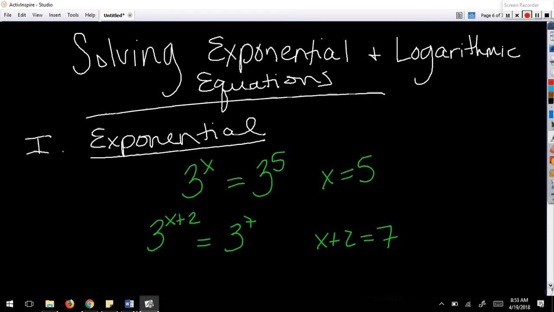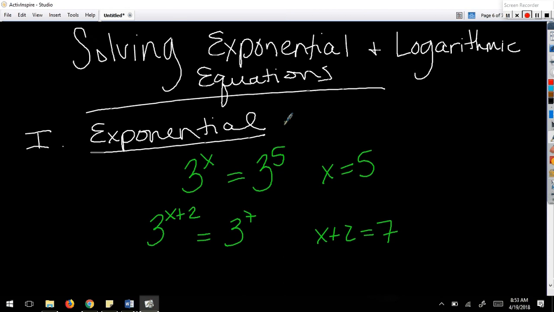So the point that I'm getting at here is if your bases are the same,